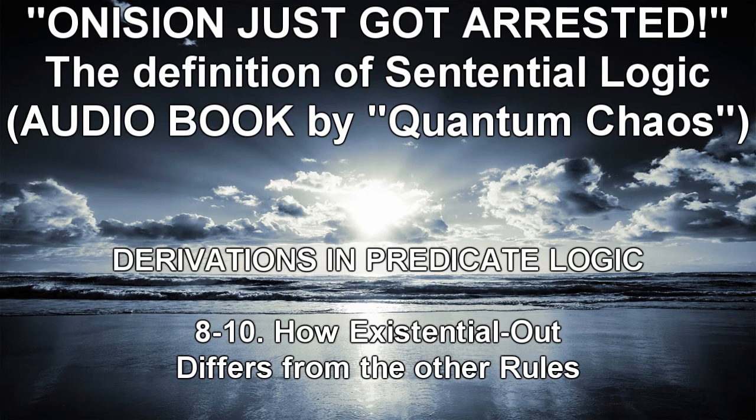The argument form is the following. ∃xFx, therefore Fa. In English, this reads as follows. Something is F, therefore, a is F. That this argument form is invalid is seen by observing the following counterexample. 1. Someone is a pacifist. 2. Therefore, Adolf Hitler is a pacifist. If one has ∃xFx, one is entitled to assume Fa so long as a is new. So, we can assume for the sake of argument that Hitler is a pacifist, but we surely cannot deduce the false conclusion that Hitler was a pacifist from the true premise that at least one person is a pacifist.